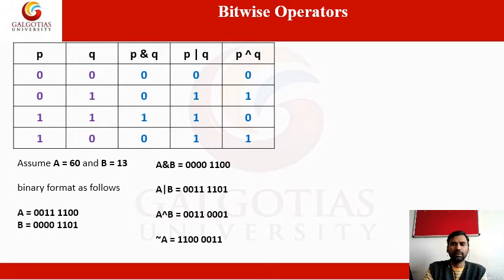So a simple thing. In the first example, we can get the last bit, the last digit. We compare the last digit of A with the last digit of B. The last digit of A is 0, the last digit of B is 1. So 0 and 1, but the answer, look at this, is 0. Like the next one, the second last digit is 0 and 0. Likewise, we take it from right to left.